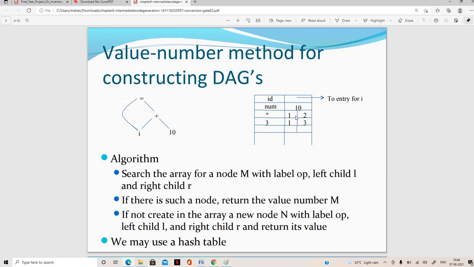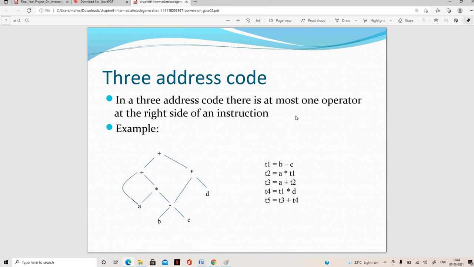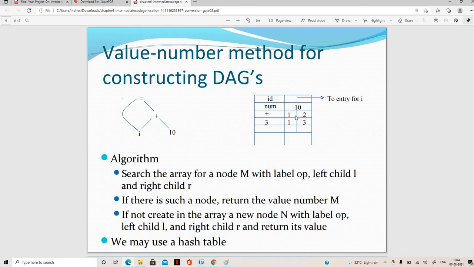Here when you observe the value number system, here the node labeled plus has a value number 3. So it means 1 2 3 4 like that only.